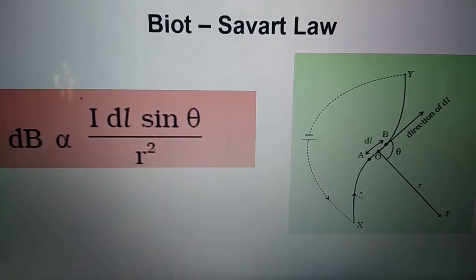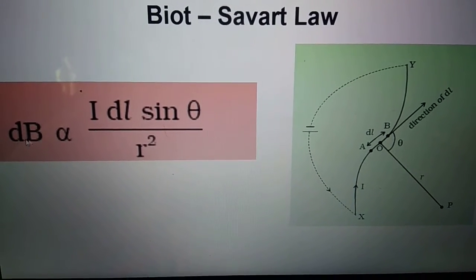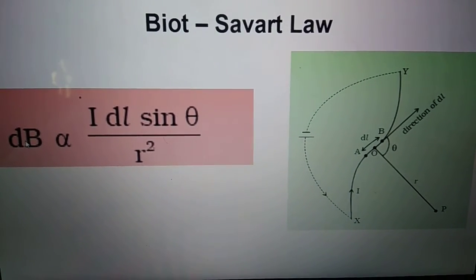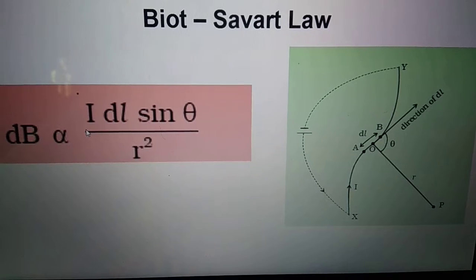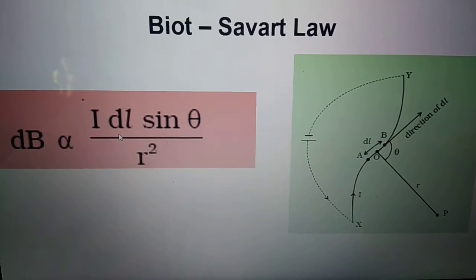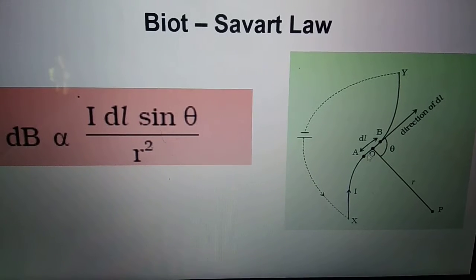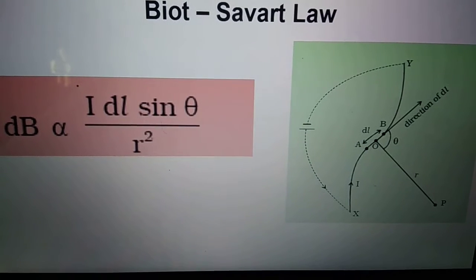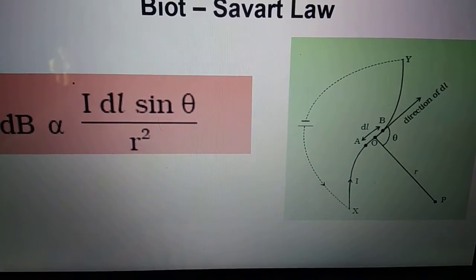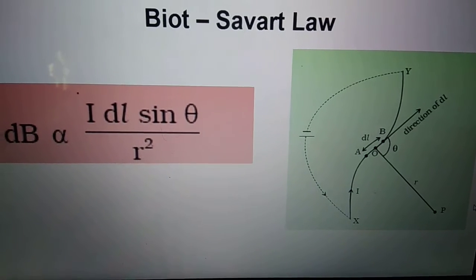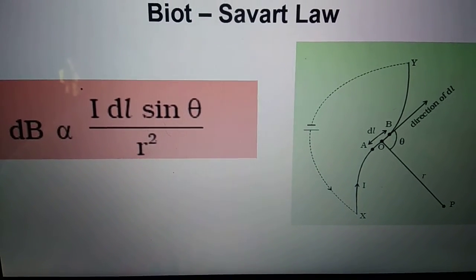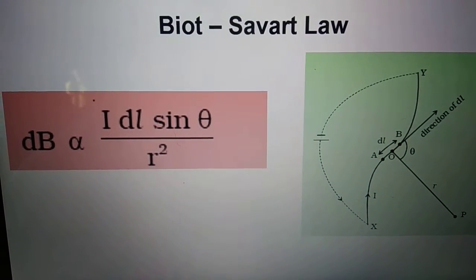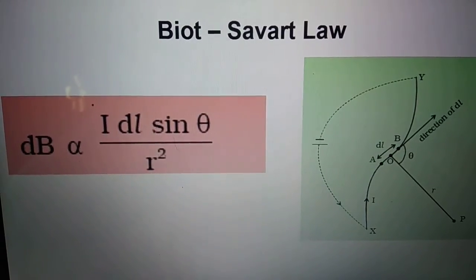Now with this particular equation, we can write the value of the magnetic field. B is the field. Magnetic field is denoted by B, not by M, and it depends upon current. dl is the length element of the wire through which the current is flowing. Sin theta is the angle between the current carrying element and the point where we are trying to find the direction of the magnetic field. R is the distance between dl and the point. So always remember, dB is directly proportional to I dl sin theta divided by R square.